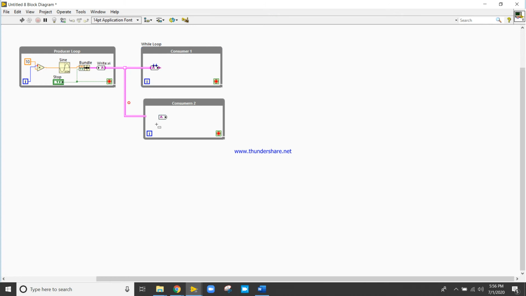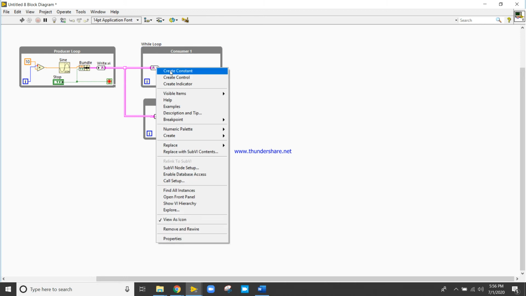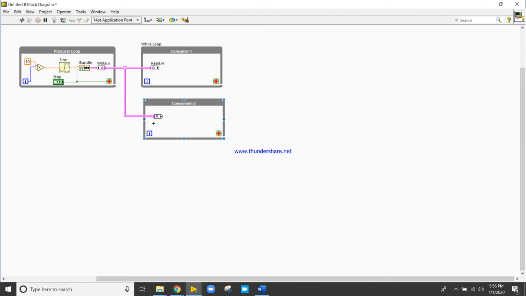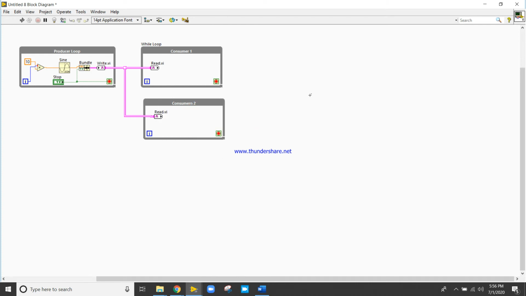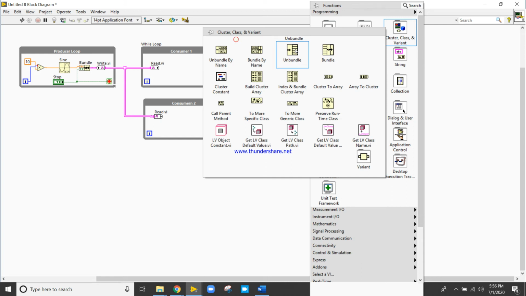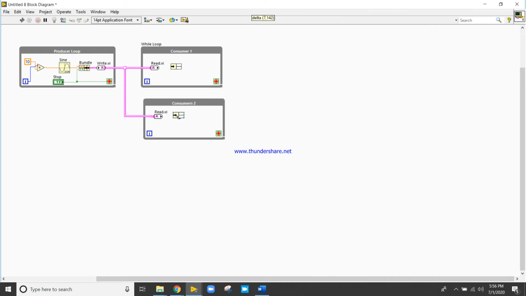You can copy and paste, which means you can create a duplicate. Right click, label. After that, unbundle by name.